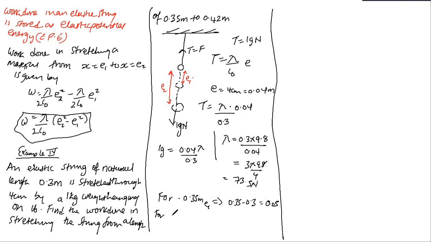Then for 0.42, we get a second extension, which shall be 0.42 minus 0.3. The second extension is 0.12. So the work done in stretching,